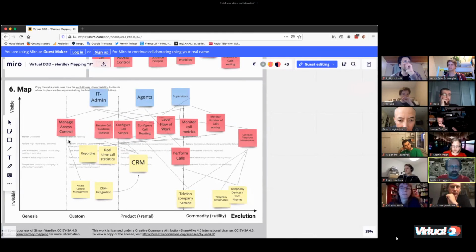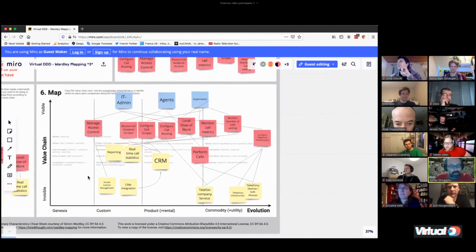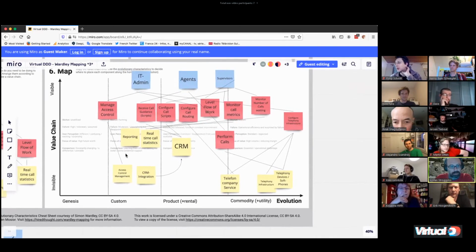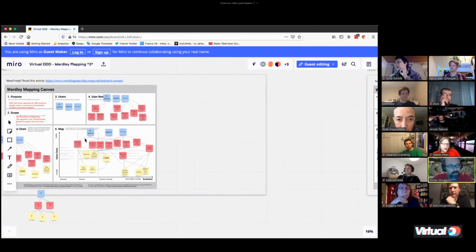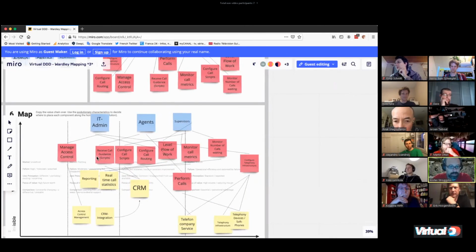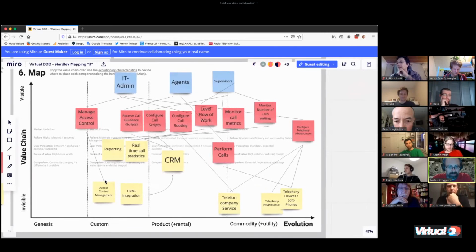So I took on the role of the domain expert because we had a hard time deciding what to map. I described a part of a system on which I used to work until a few years ago. It's this call center application that's similar to products like Cisco or Avaya. One of the reasons I left that company was that I was sure that someone like Amazon would grab all the business out of our hands, as they did with Connect recently. But anyway,